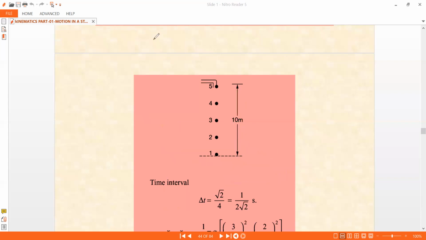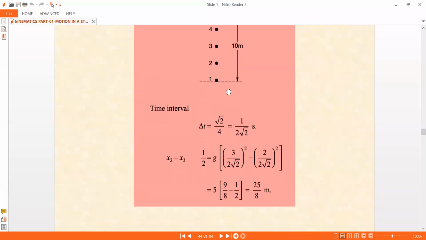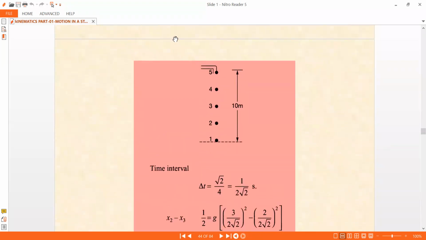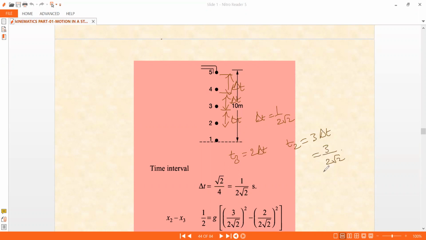Now the third drop. How much time has it taken to travel? That is delta t and delta t. So t3 for the third drop is 2 times delta t, where delta t is 1 by 2√2. And for the second drop, t2 has another delta t here, so that is 3 times delta t, that is 3 by 2√2. Taking this into consideration,